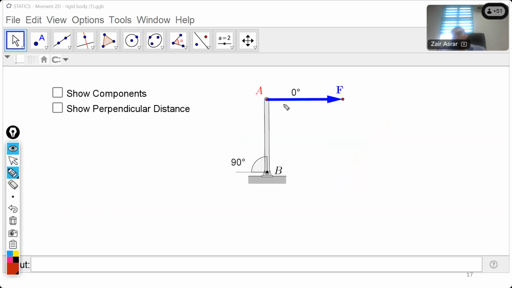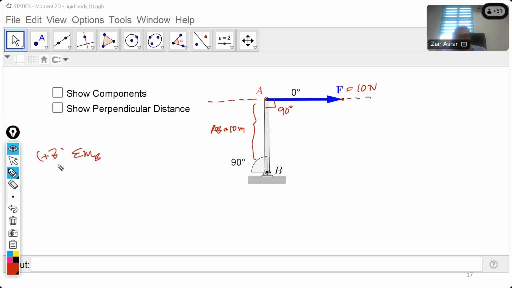And then we have force being applied here. And this force is at an angle of 0 degrees. So basically, we know straight away the angle here is 90 degrees. So the line of force is horizontal and our member AB is vertical. In this case, if I'm telling you the force is 10 Newton and the length AB is equal to 10 meter, so summation of moment at B,